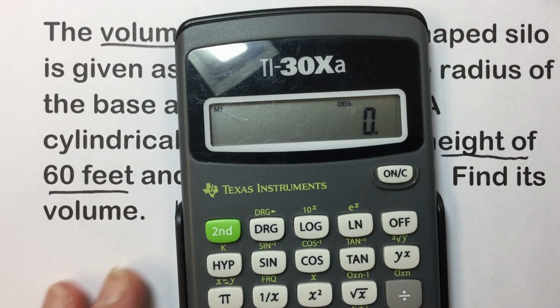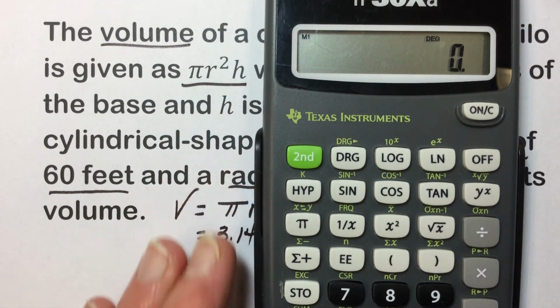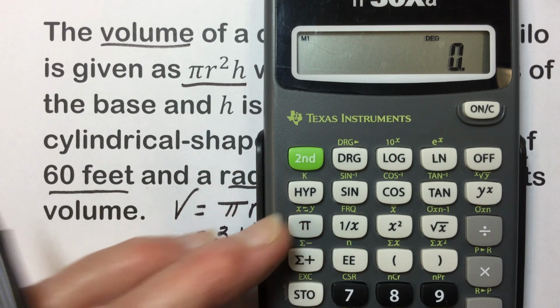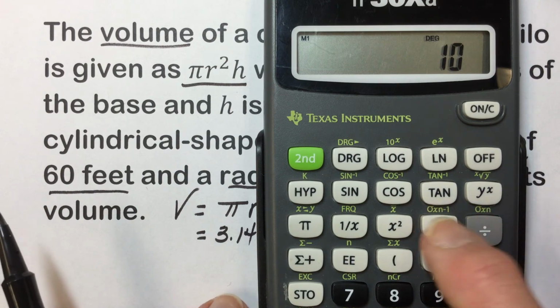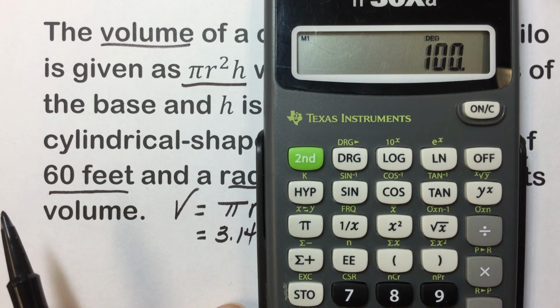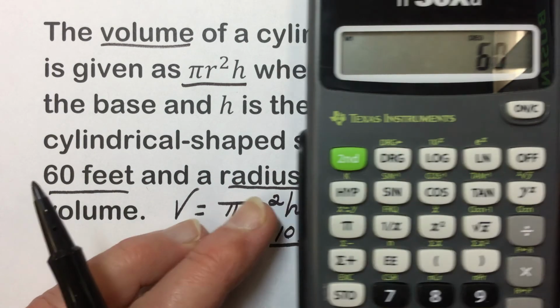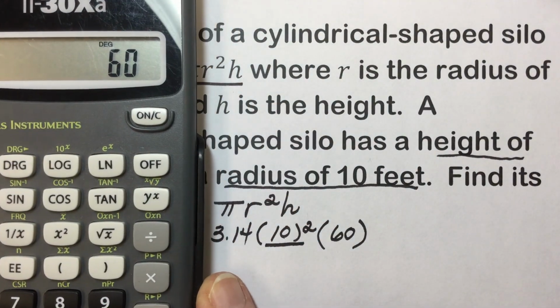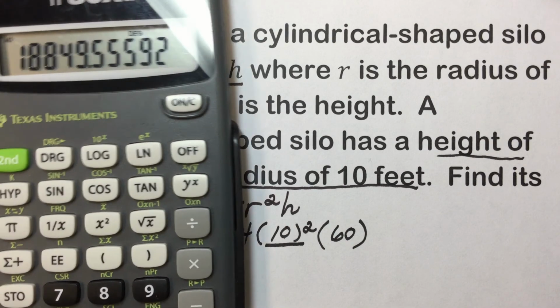And to illustrate that on the calculator here, I'm going to enter the pi key, which is a direct key here, times the 10, which is squared using the x squared key, and the last value is we need to multiply this by 60 from our formula. Let me slide that over so you can see that. So we had the pi, the 10 quantity squared times 60, and tapping the equals key gives us a value of